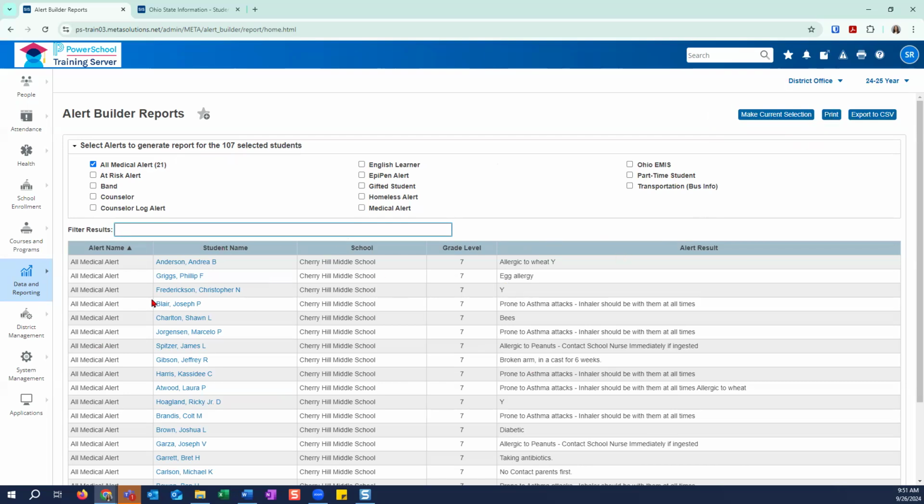I can print this list as it is, or I can export to a CSV file. So there are some options here once you run your report, based on what you need to do. You can run multiple